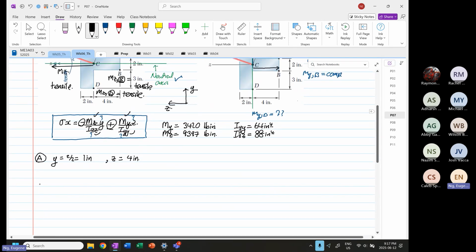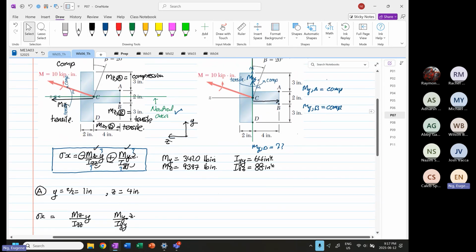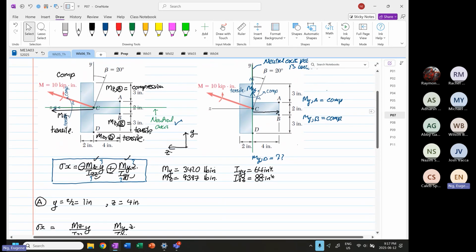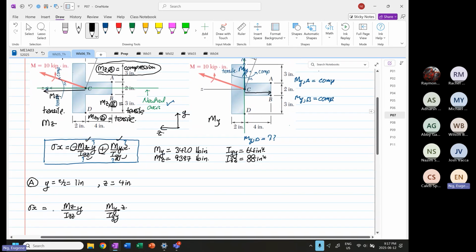So now you write down the general formula. Stress X is equal to MZ over IZZ multiplied by y, then you have MY over IYY multiplied by z. Okay. So this belongs to MZ, and this belongs to MY. And we wrote down here already, MZ is going to be what? Compression. When it's going to be compression, just put a